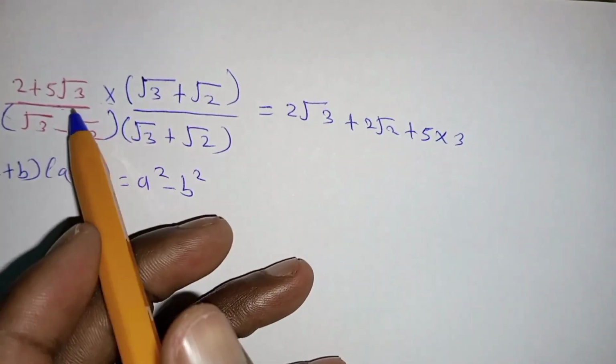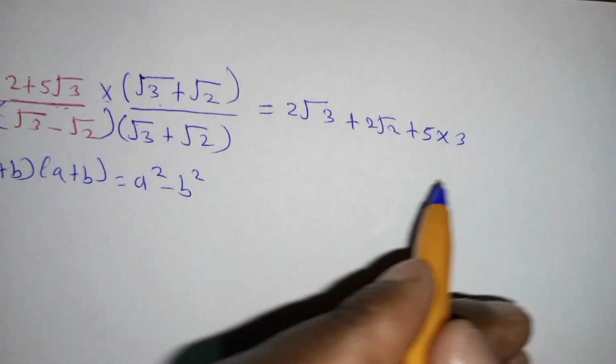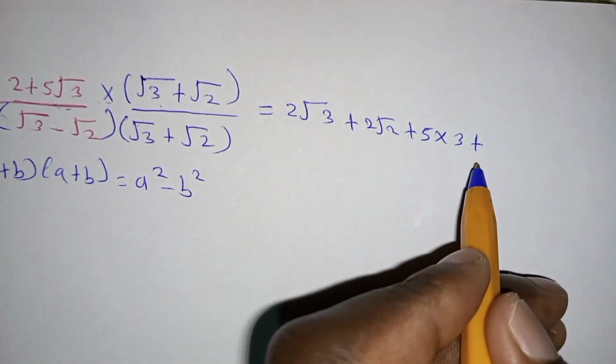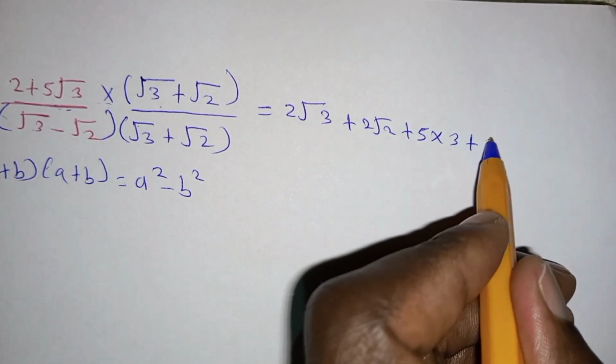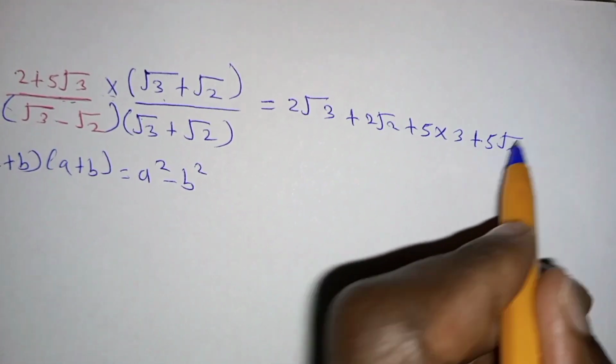Root 3 times 3 will be 3, plus 5 root 6, divided by